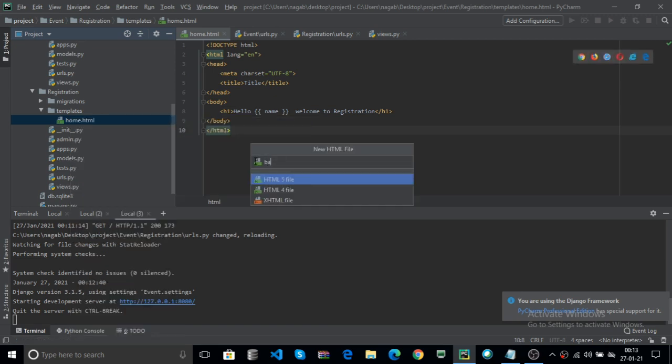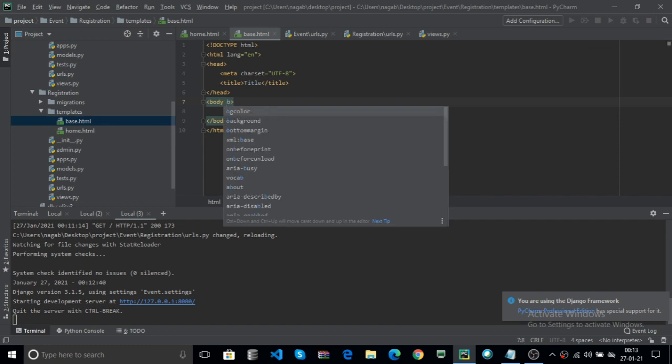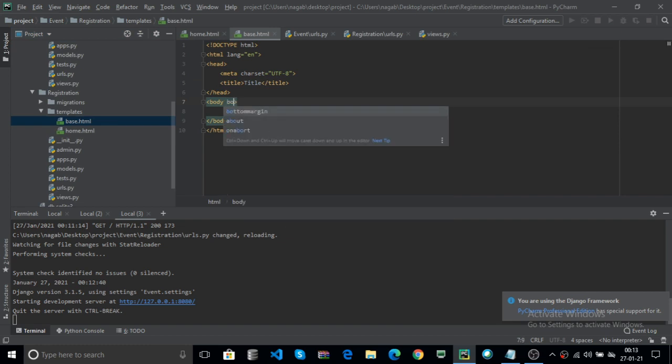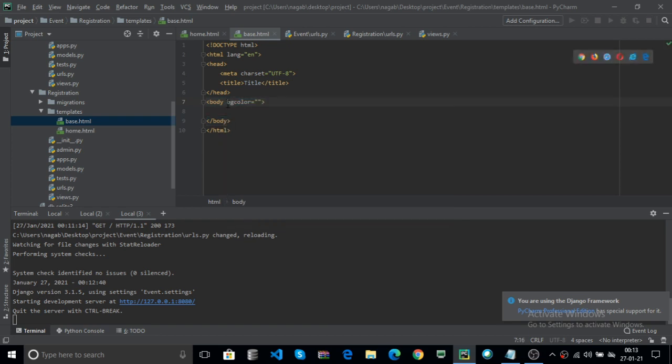Here I create another file, base.html. Here I create it so that all the base pages are the same. I use a background color, for example green.